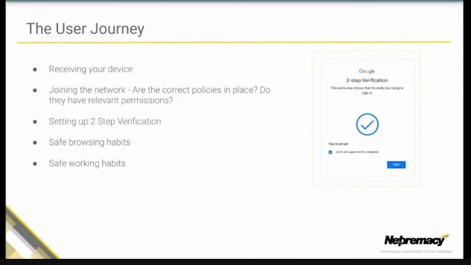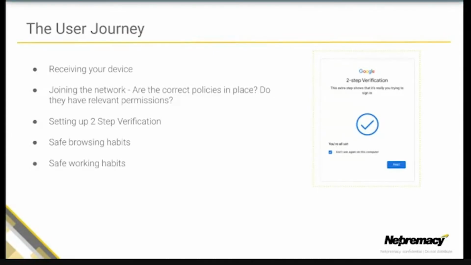Yeah, so our modern world is probably now quite a bit different to how we envisaged it being. Remote working has gone from being the occasional thing that we would allow people to do to being pretty much the norm. And going forward is probably going to continue to be the norm, maybe even overtake the number of people we have in the office. So the user journey in terms of security is, I think, very much different.